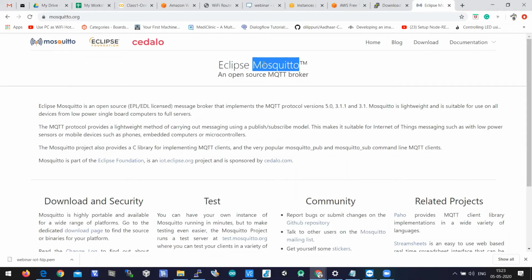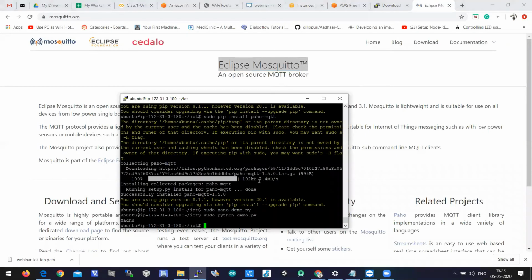So we can easily deploy this Mosquitto broker on this instance, and then your AWS instance will have the Mosquitto broker running on port number 1883. So let us deploy this Mosquitto broker on your AWS instance. Then your AWS server will act as an MQTT broker.